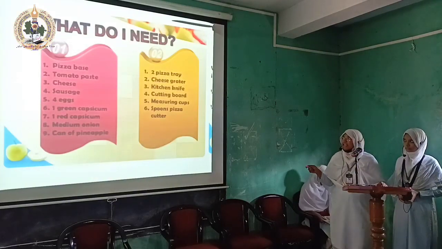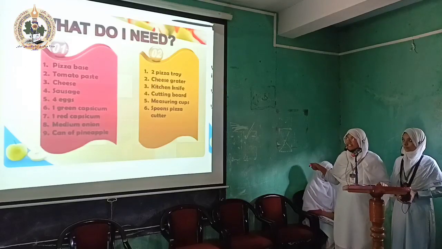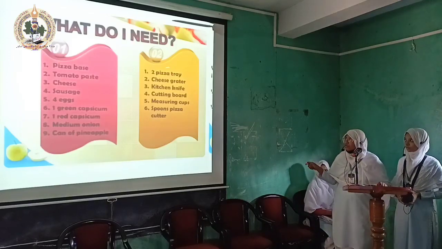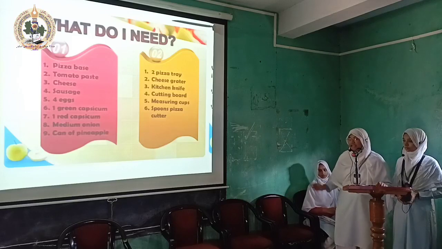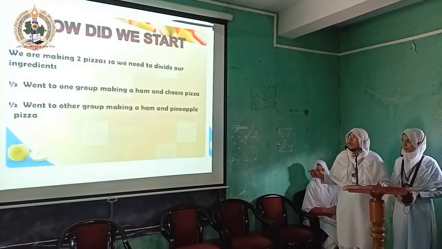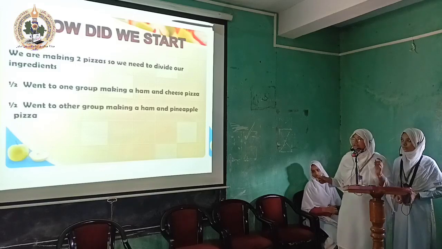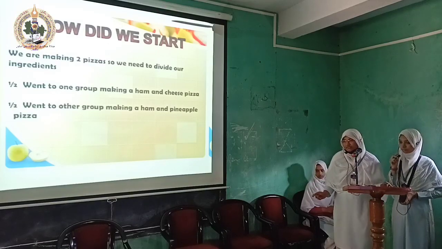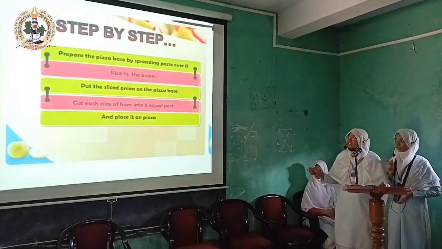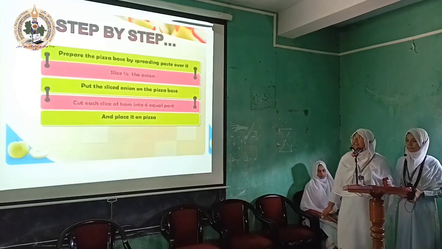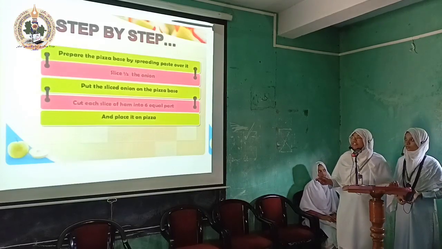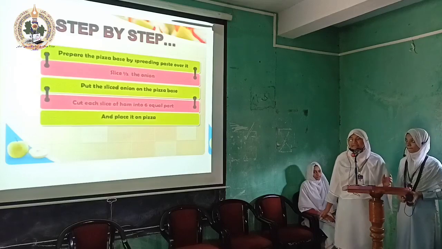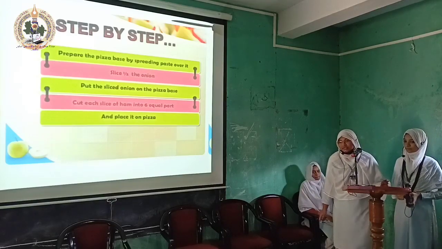For example, in making pizza, we need all these ingredients in a fixed ratio or proportion. It is maths. In making pizza, you need these tools. It also includes maths. Making any recipe with the given ratio and proportion is also maths. The step-by-step method is used in every recipe. The process of the step-by-step method teaches us maths. In maths, we also follow the step-by-step method.